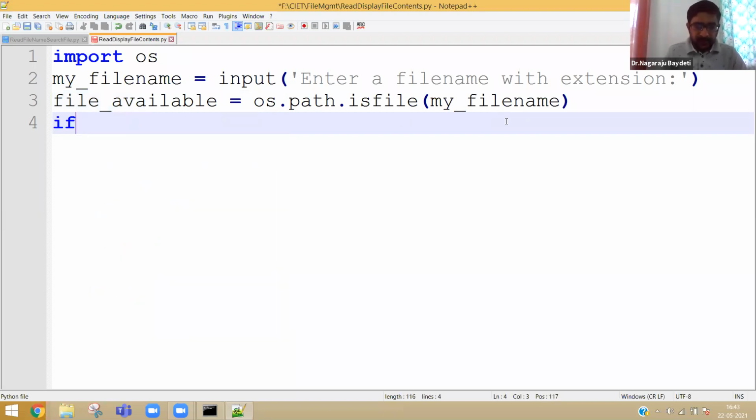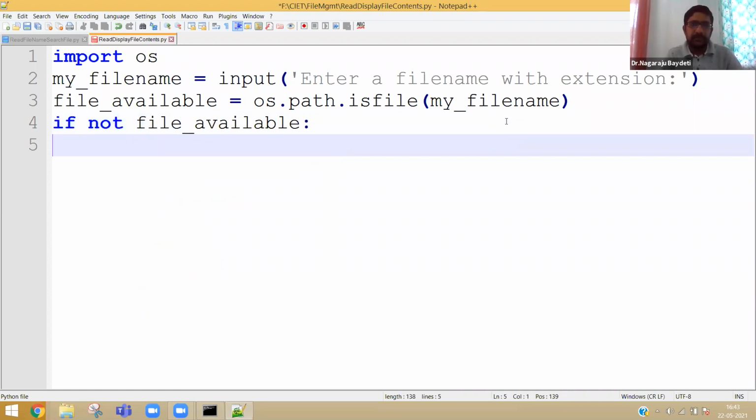Now, if you want to write if file is available, you can also write if file is not available. So how to write if file is not available? There is a keyword called not that you can use. If not file available, that means if file available is false, not false will become true.